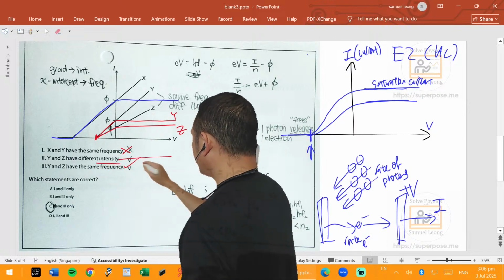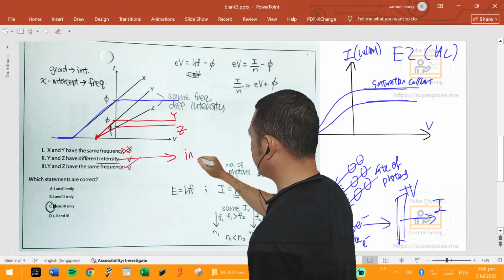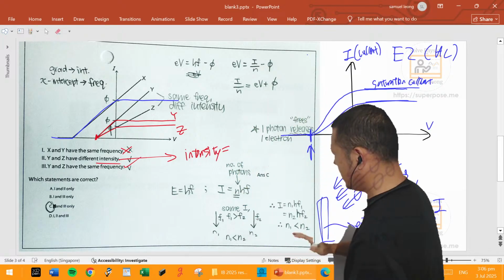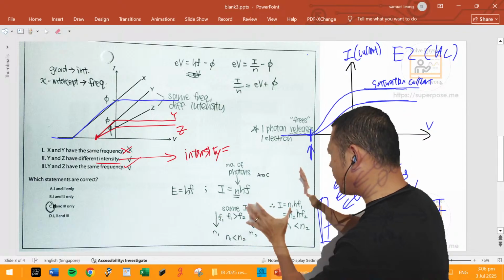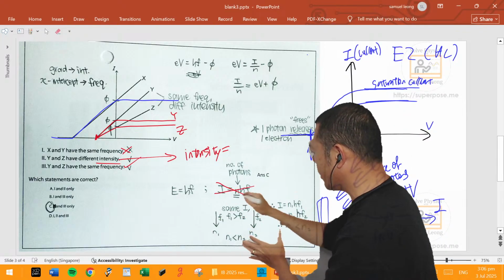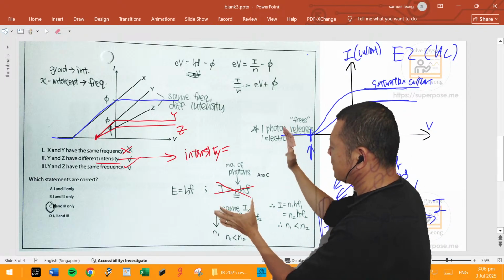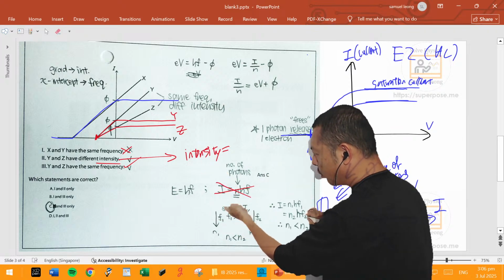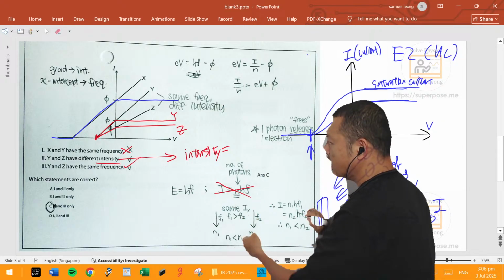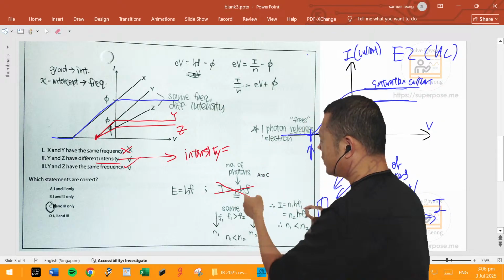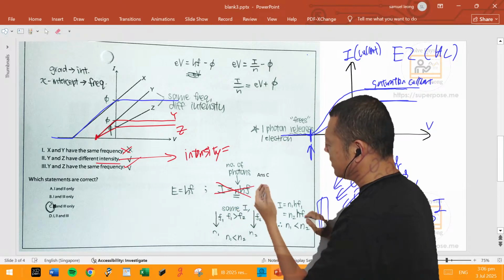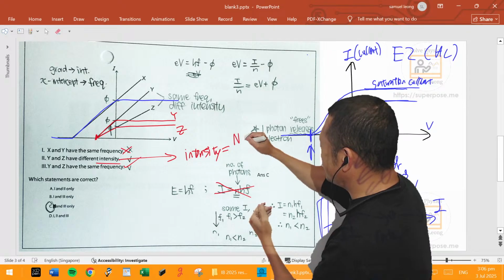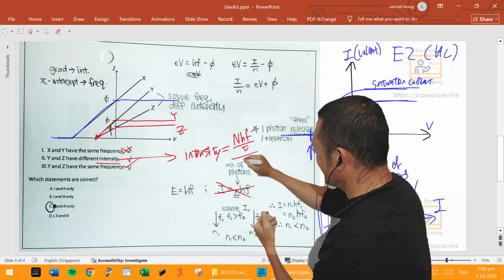So in quantum, you have to remember, intensity is what? What's the equation for intensity in quantum? I don't see you write it. This happens to be wrong, by the way. That's not intensity. If you had written proportional, I understand, but you wrote equal, that's why it's wrong. So intensity is, and small n, that's wrong also. Come on, man. Right? So intensity is NhF over T over area.